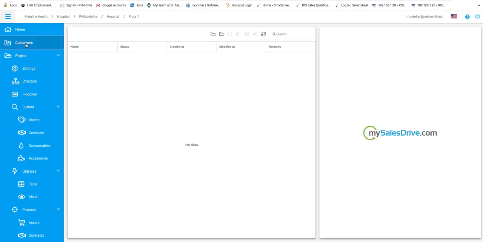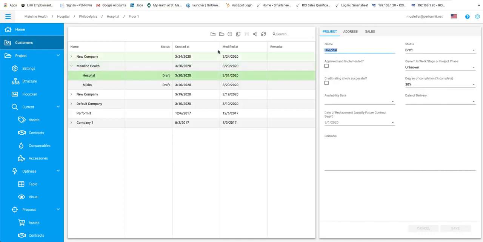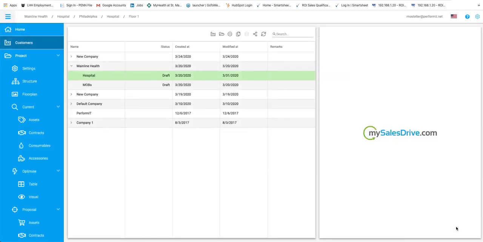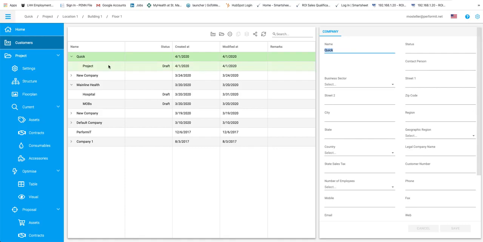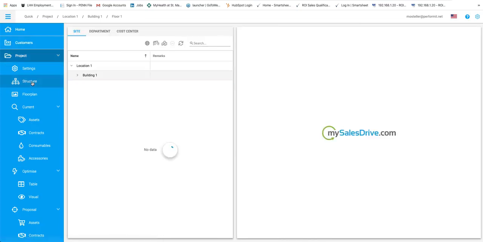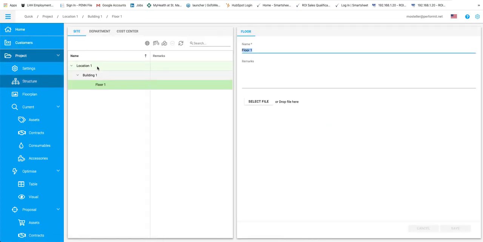We go to our customer. I'm going to say I want to create a new one. We'll call it quick. Save. And now I have a project with that. We'll leave it with the name as it is. We go into structure and we'll leave it location, building, floor. I don't need to put a floor plan down because I'm just going to do a quick assessment against data